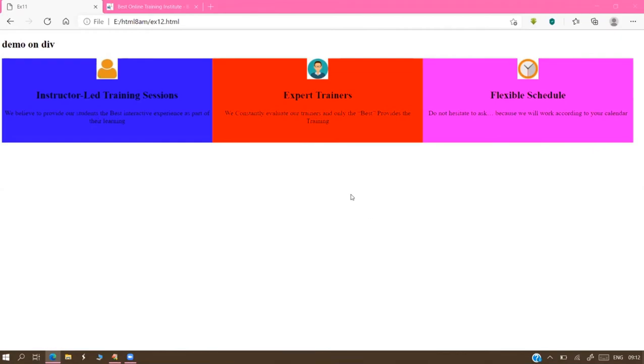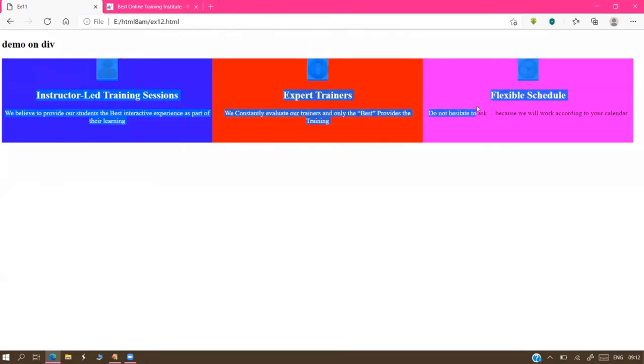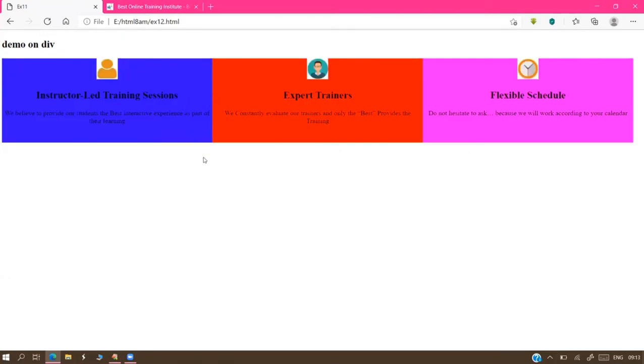But now all these block level elements we are displaying in the same line. The line by line operation we stop, and we're asking the browser to display all these in the same line. Then you will get them side by side. If you remove the float, sir, they do not come side by side. They come in separate lines. Every division tag comes in a separate row, but here all three division tags are displaying in the same row.